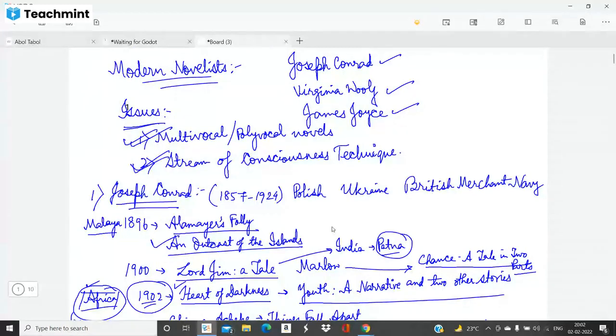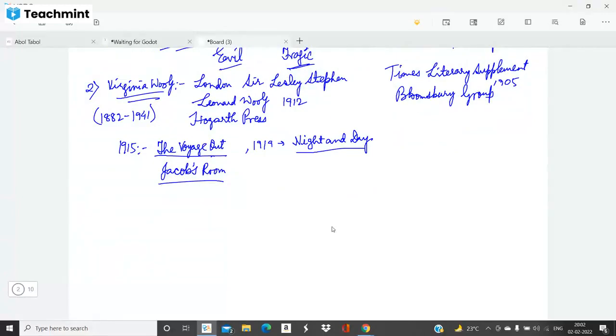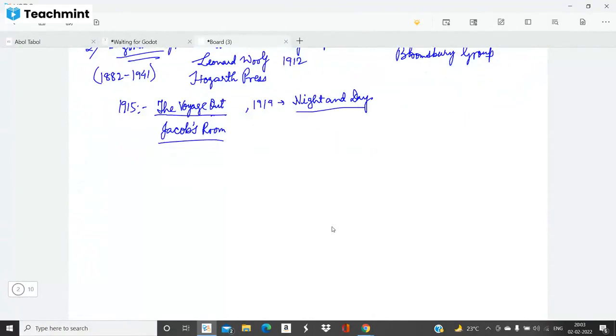I'll go into the stream of consciousness technique, but first, no, let's first go into the stream of consciousness technique. What is it? How is it used? Etcetera. So, the stream of consciousness, I'm writing in short form. The stream of consciousness was a product of the 20th century developments in the fields of psychology,